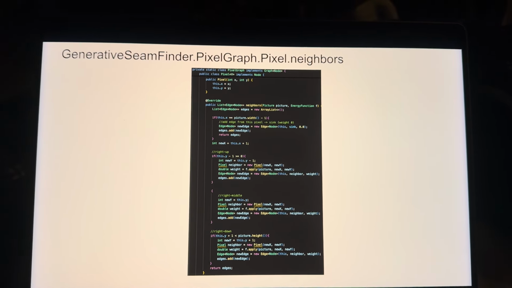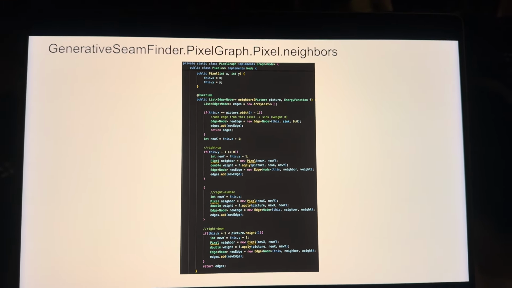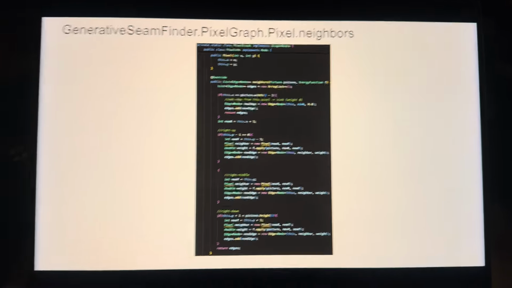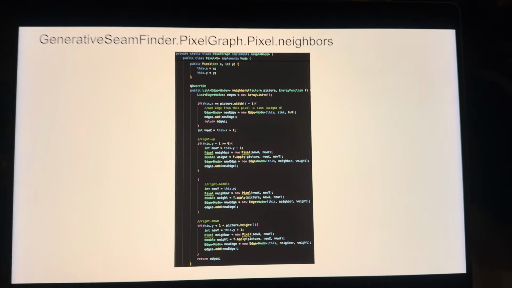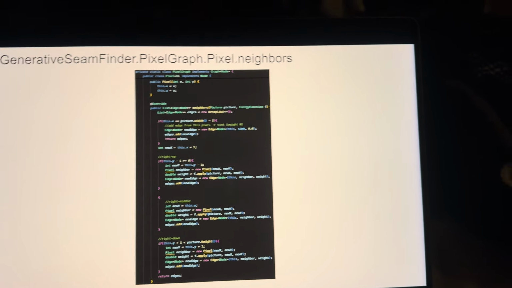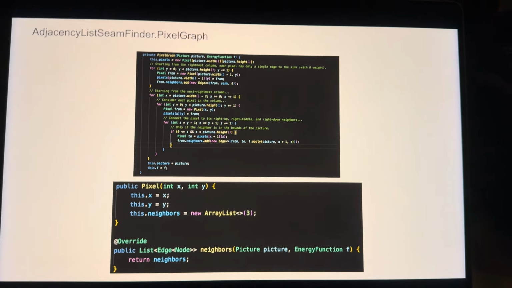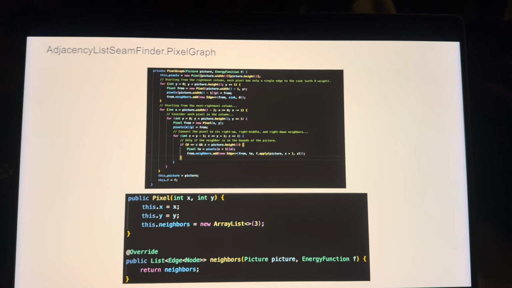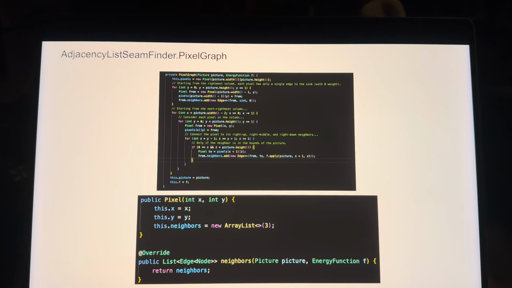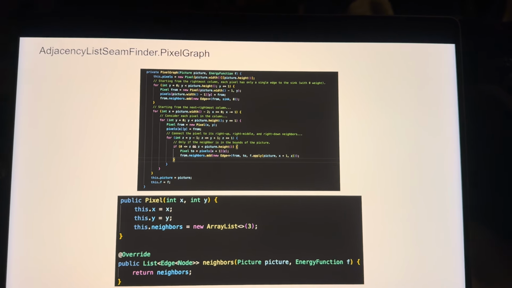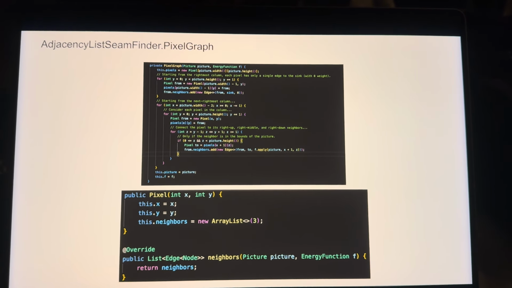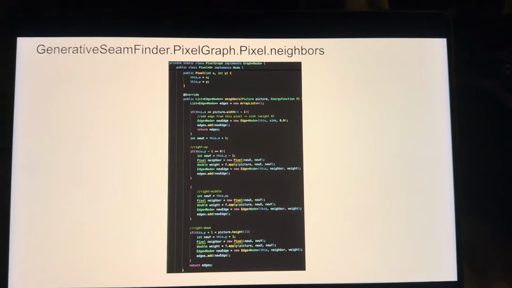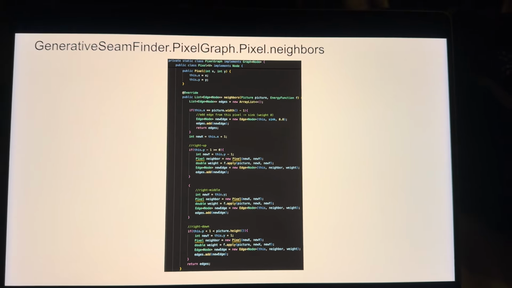This is the CodeJacer shortest path. So first we're going to talk about how I adapted the adjacency pixel graph to code the generative scene finder pixel graph.neighbors. So the main thing I noticed in the adjacency class was that they had the same conceptual logic for finding the neighbors, where that was a right up, right middle, and right down as per the spec. And so I took that idea and I applied it to the neighbors method in the generative scene finder, because